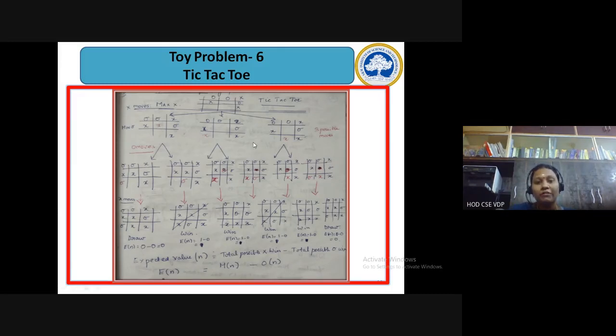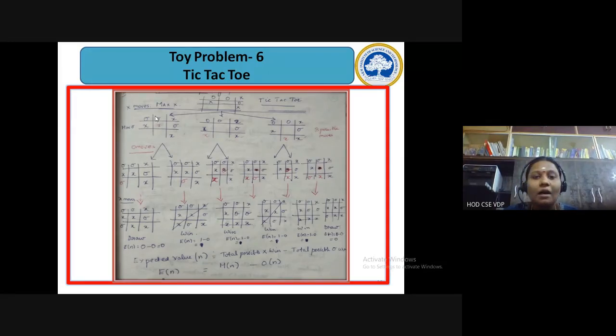First of all, given an initial state, you randomly take an initial state, and based on the moves, you will arrive at a state that we call a goal state. Whether you have reached the goal state or not depends on your expected value of n. Here the expected value of n is taken to be equal to 1. If you have reached 1, it means you have actually got the solution, right? Here we'll look in depth at the min-max games. We have something called alpha-beta pruning, and then the min-max games. Probably using alpha-beta pruning, we'll check it in other classes. Okay, so this is all about the toy problem, tic-tac-toe.